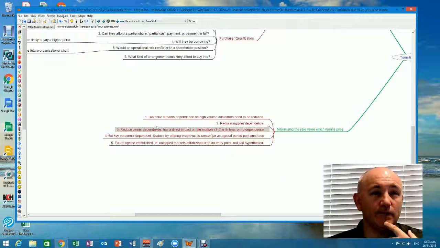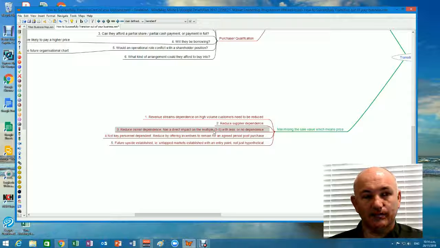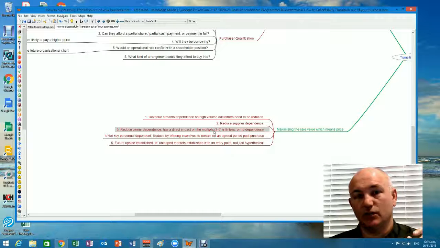reduce owner dependence. So a 3 to 5 times multiple is only achievable if the business is no longer reliant on the owner. Okay, so anybody that tells you that that's achievable,